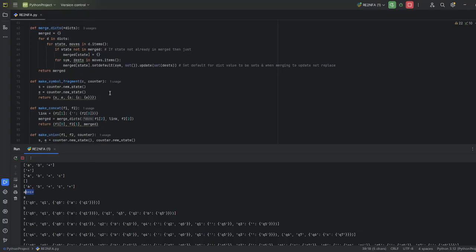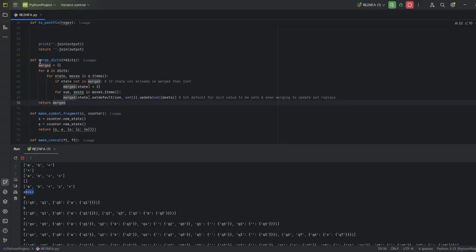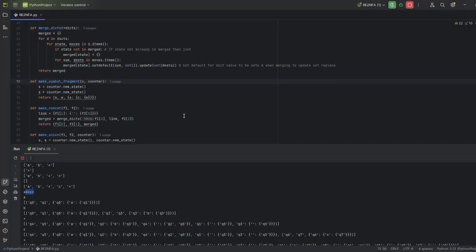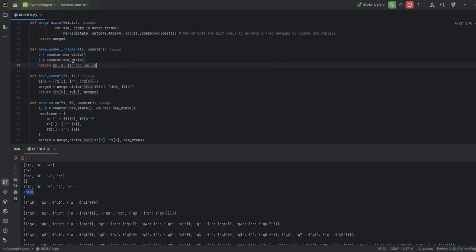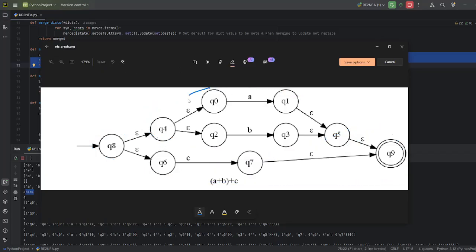First we'll explain this one. This is just a simple function for merging multiple dictionaries. It's very simple to understand. And here we have the symbol fragment, which is basically just making this particular transition function when you are given a symbol.